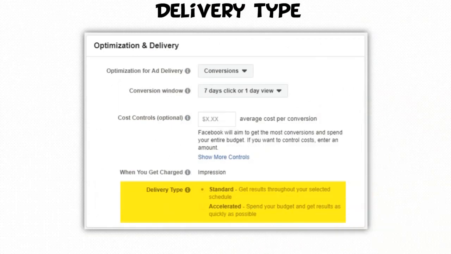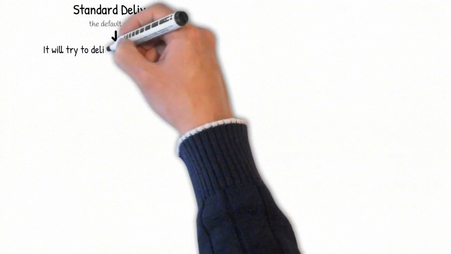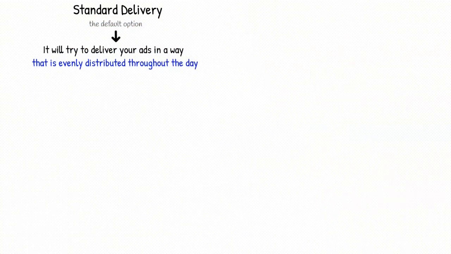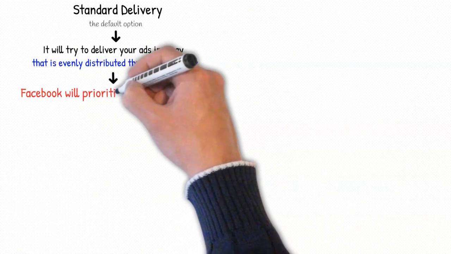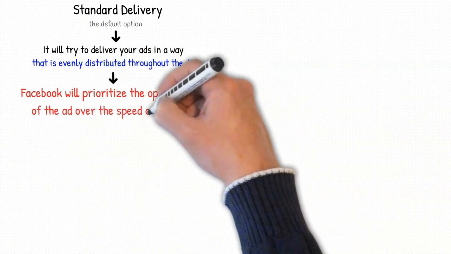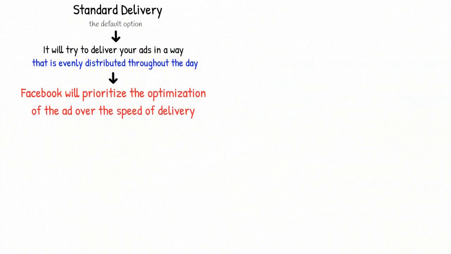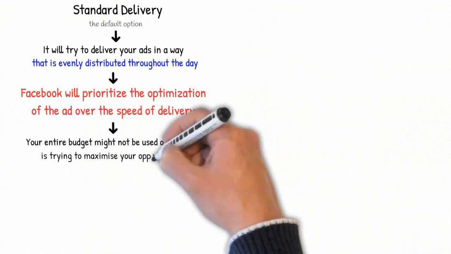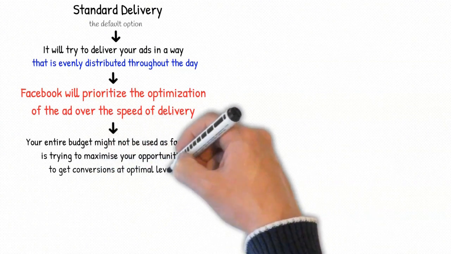Now let's move on to delivery type. Facebook offers two delivery options, standard delivery or accelerated delivery. The standard delivery is the default option when you launch Facebook ads. It will try to deliver your ads in a way that's evenly distributed throughout the day. In this case, Facebook will prioritize the optimization of the ad over the speed of delivery. That's why your entire budget might not be used, as Facebook is trying to maximize your opportunities to get conversions